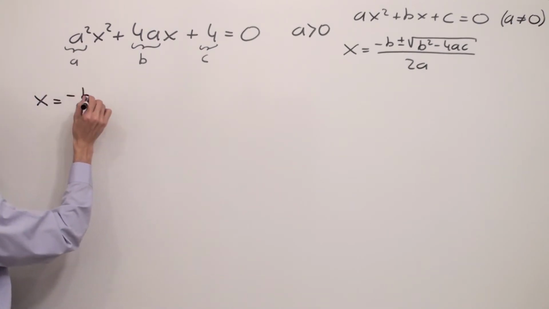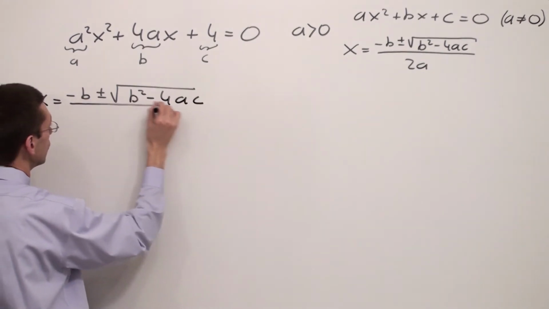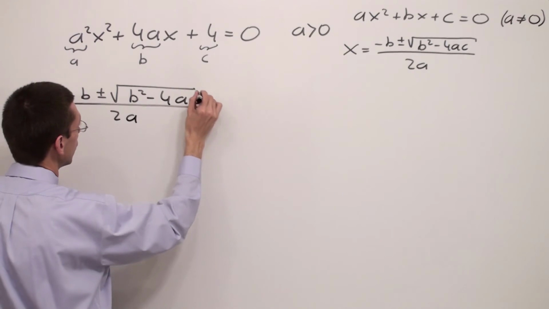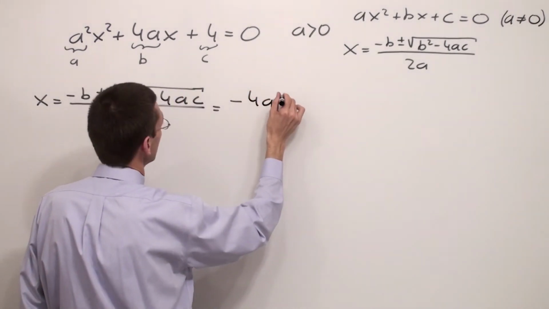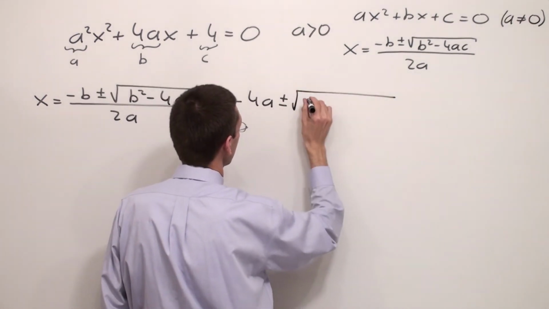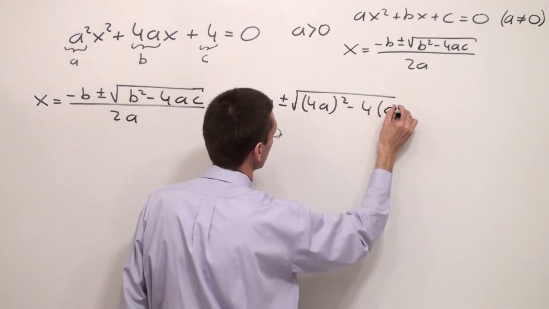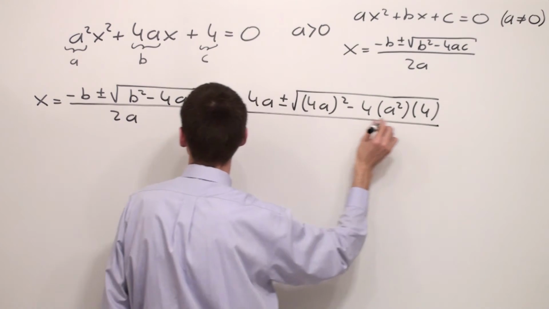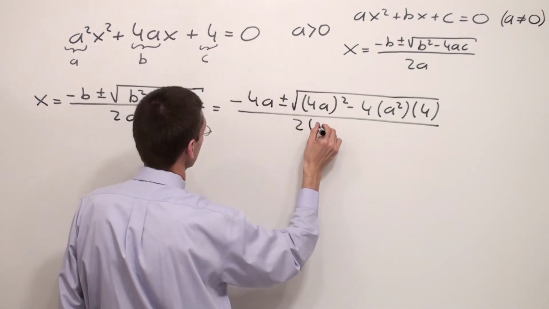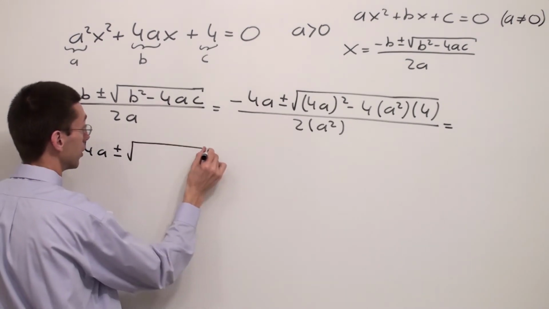x is equal to minus b plus or minus the square root of b squared minus 4ac, over 2a, which is equal to minus, I'm supposed to copy down this negative sign, b is 4a, plus or minus the square root of 4a to the second power minus 4 times a, which is equal to a squared, times c, which is equal to 4, over 2 times a squared in this case. So x is equal to negative 4a plus or minus, and I have 4a to the second